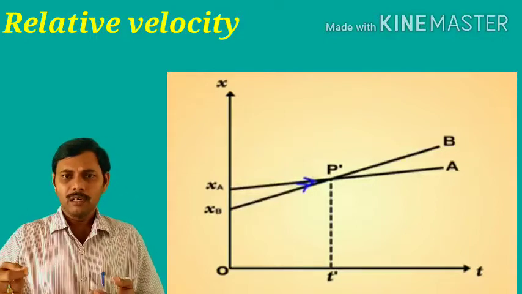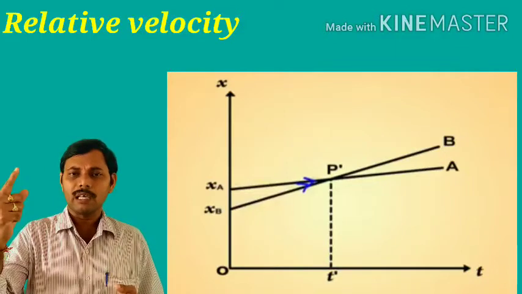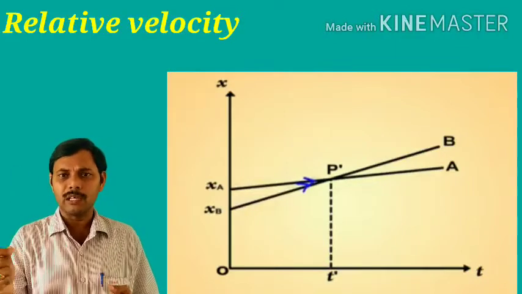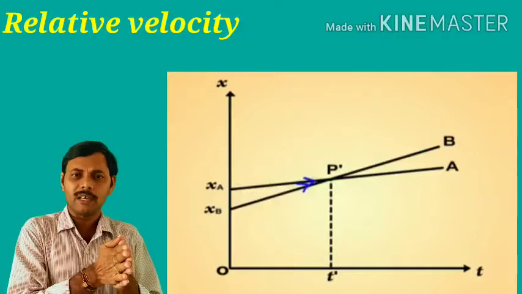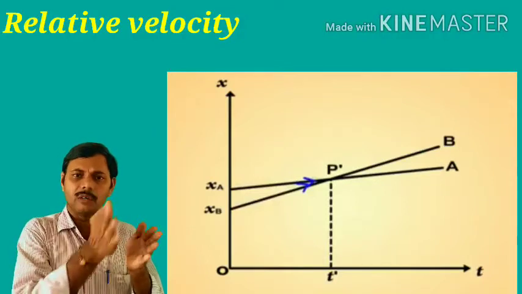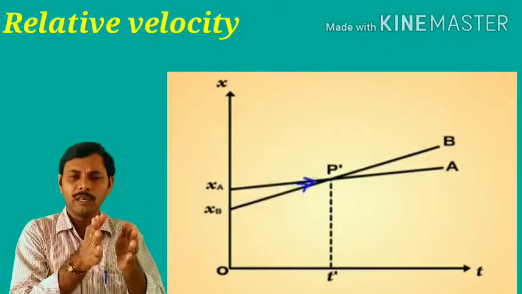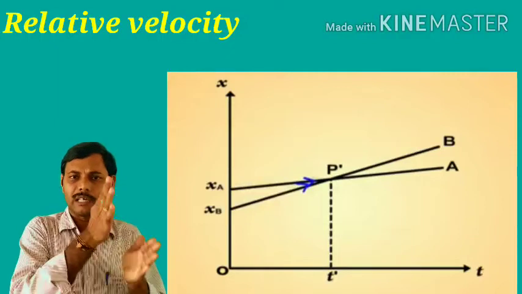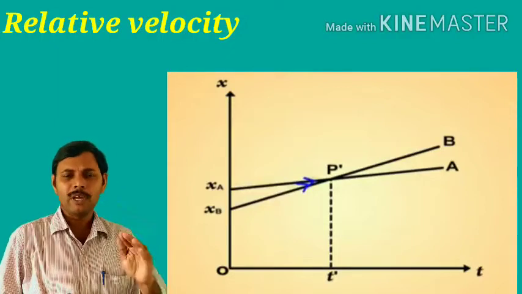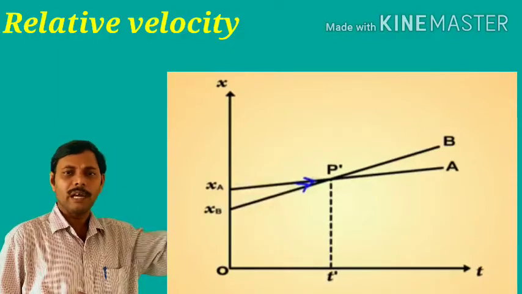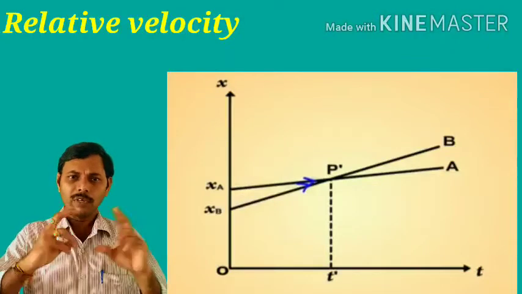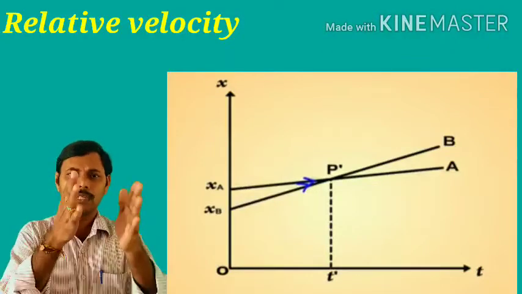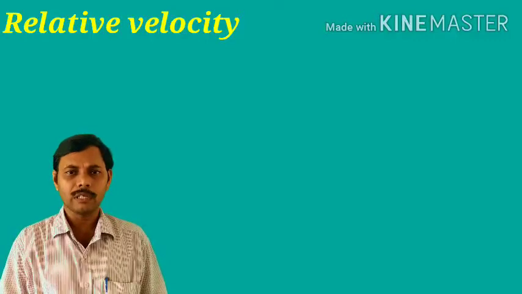That's why, though car A is ahead of B initially, at a certain instant of time t dash, as A is relatively slowing down with respect to B, A and B coincide with each other at t dash seconds in the graph. Beyond t dash seconds, B is ahead of A. So with this position-time graph, we understood the relative velocity concept. And next,